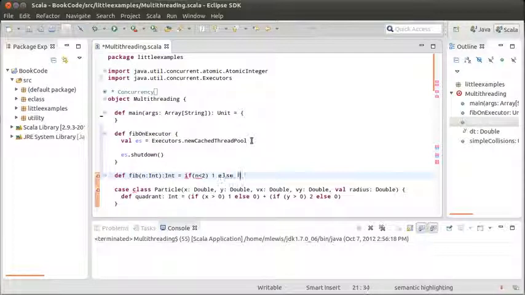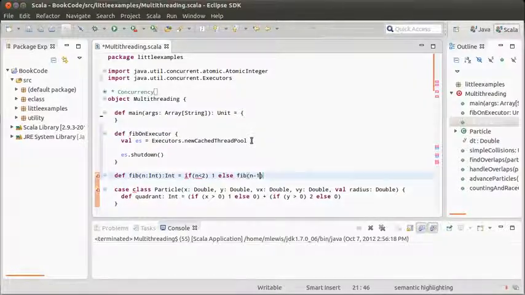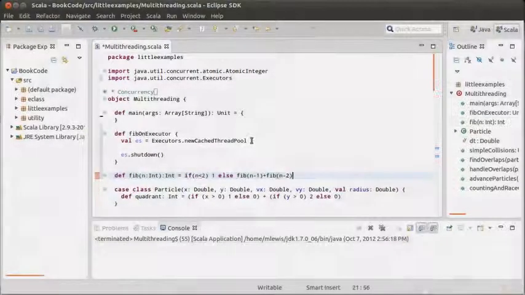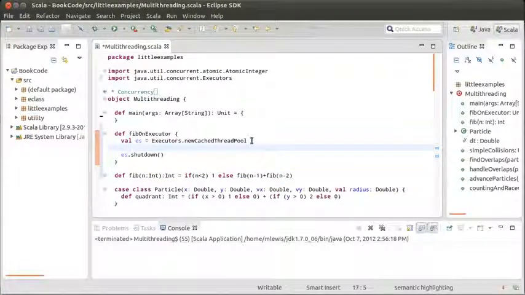1 else fib of n minus 1 plus fib of n minus 2. Ideally, you'd have a more significant calculation, something that you want to do that was going to give you back a simple value. And what I want to do here on my fixed thread pool is